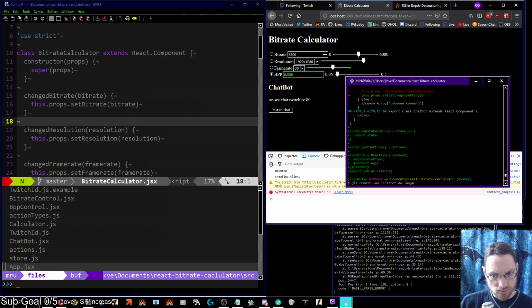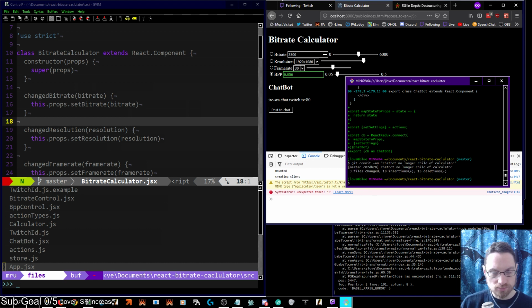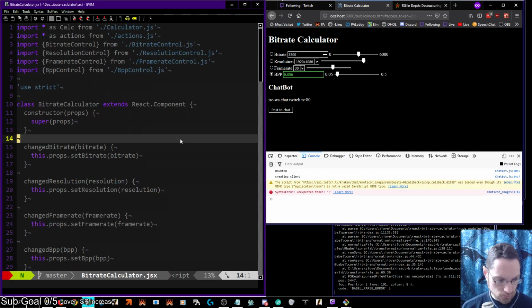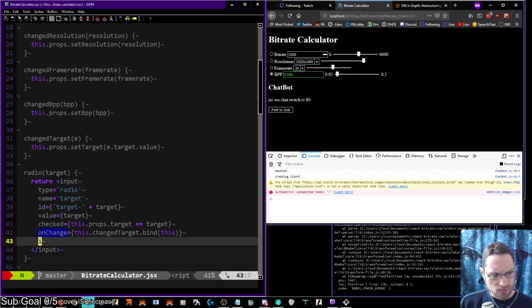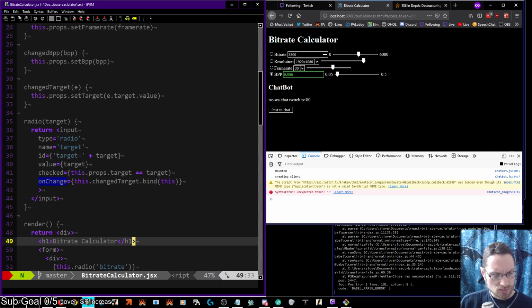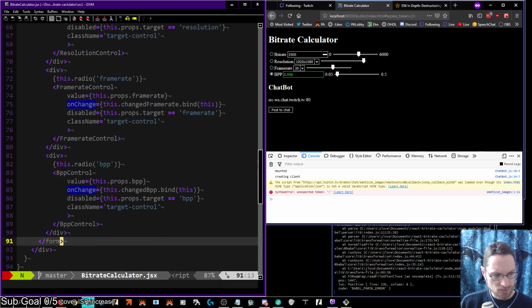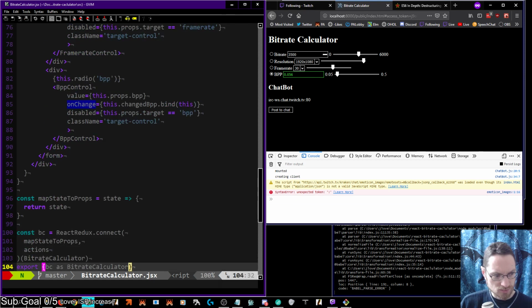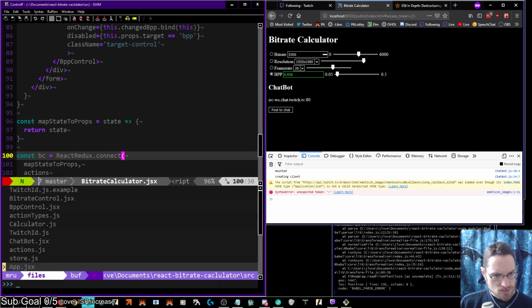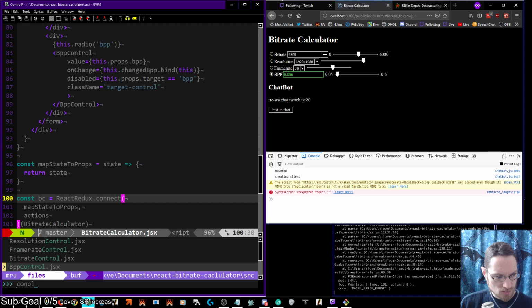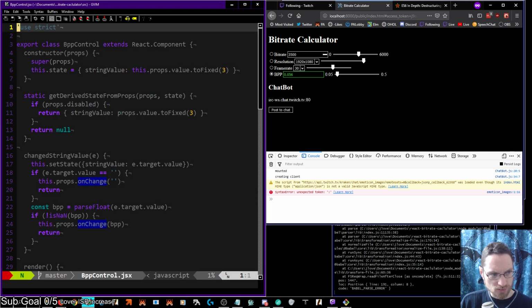Chatbot no longer child of calculator. So what else needs cleaning up? There is a little bit of this sort of indirection of the events. There are all of these little controls, which are still using standard React